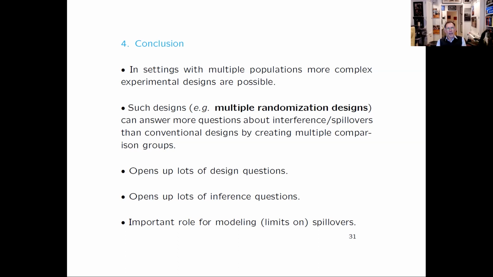There's just a host of new possibilities for getting designs that are effective at answering the specific questions we're interested in. And these designs can both answer the standard questions about what the overall effect of the treatment is more efficiently, more effectively than standard experimental designs, but they also allow us to answer questions that standard experimental designs can't answer. This is creating a lot of new possibilities, but also a lot of challenges. Experimental design questions become much more complex, and there are going to be many settings where the answers are quite different.